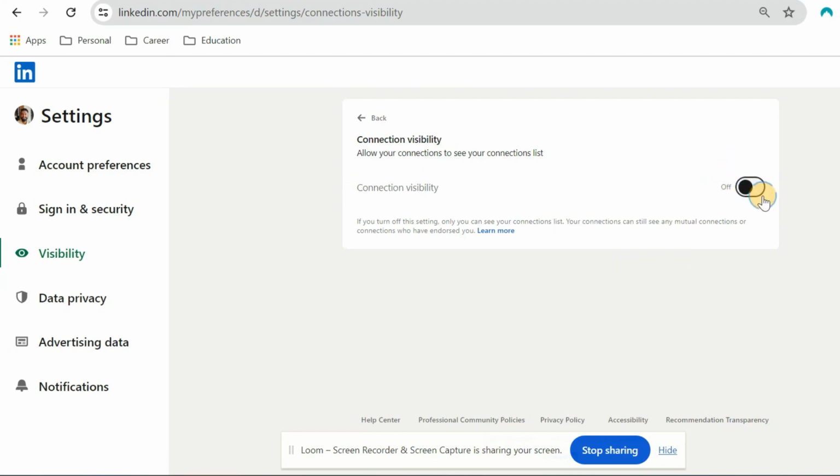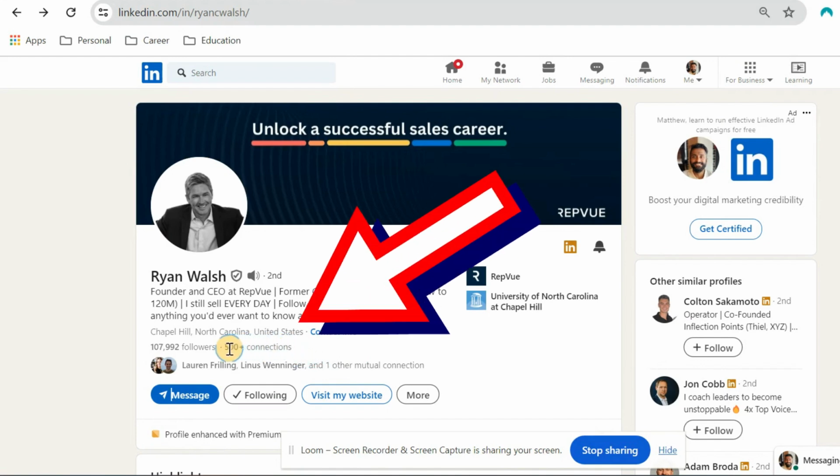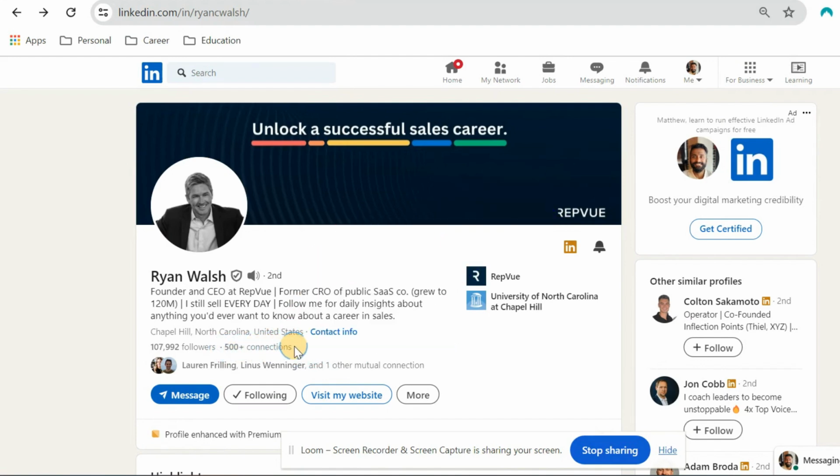So an example of how this would look like, if we were to head over to this profile, you can take a look just right under here and see 500 plus connections. But one thing you will notice is that it is grayed out and there's no clickable link. So basically, even if I click on it, it highlights it, but there's no way for me to see this